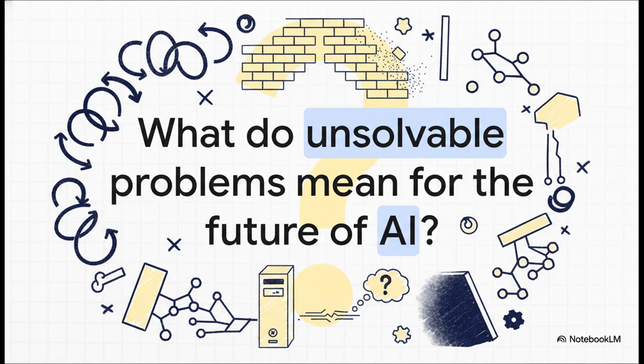And so, we have our answer. There are, without a doubt, problems that computers can never, ever solve. These are fundamental limits baked into the universe of logic, and no amount of processing power will ever get us past them. So the final question I want to leave you with is this. Knowing there's a hard limit, a line we can never cross, what does that truly mean for the future of computing and for a quest to build true artificial intelligence?